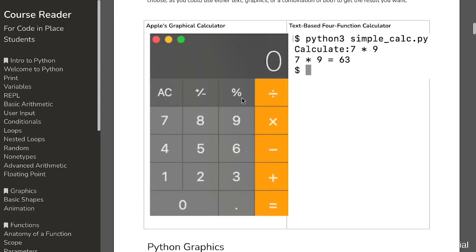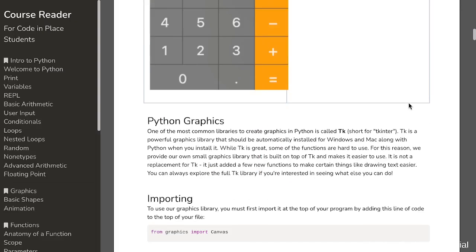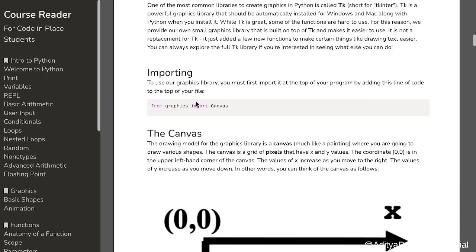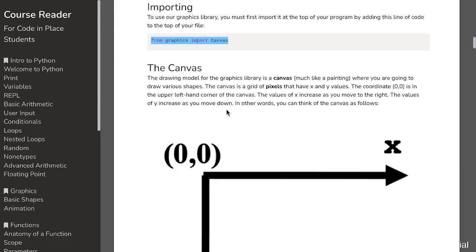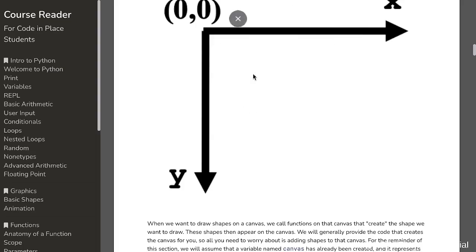So this is CLI, but this is something called GUI. It's a graphical interface, while CLI is a command line interface. Now, Python graphics is an actual library that you can import from graphics and then import Canvas. Now, Canvas looks like this. To get an idea around what this is,